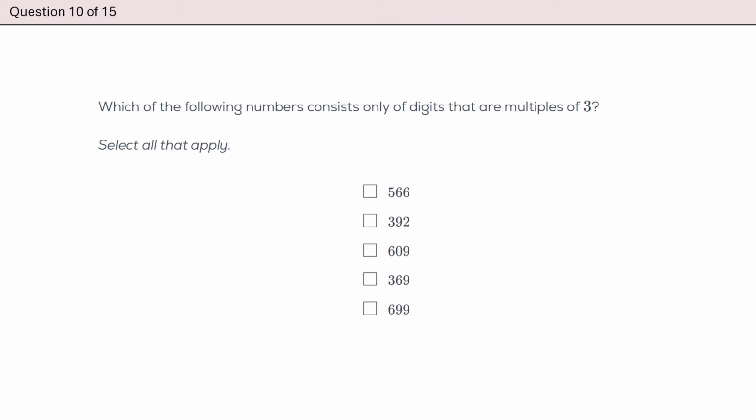Question number 10. Which of the following numbers consists only of digits that are multiples of 3? So this question is purely conceptual. And again, what do we mean by that? We mean there's really no math involved. It's really just testing your knowledge of something. And really what it's testing your knowledge of, if we break it down to its most base form, is